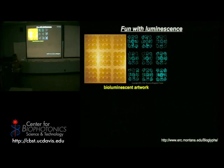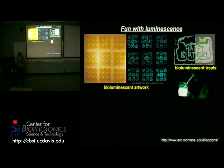But there's all sorts of things you can imagine doing with a luminescent system. In addition to what we talked about with firefly luciferase and luciferin glow sticks or something, there have been some exhibits, even one here in San Francisco, of putting little luminescent bacteria in all sorts of colorful patterns and letting them grow out into cool shapes, and then having a glow-in-the-dark exhibit of bioluminescent bacteria. As I mentioned before, a lot of these systems, especially in clams and such, people ingest normally. I've seen bioluminescent birthday cakes, and if you extract enough of the luciferase and luciferin, they sell bioluminescent beer in Japan. I mean, all sorts of different things you can play with